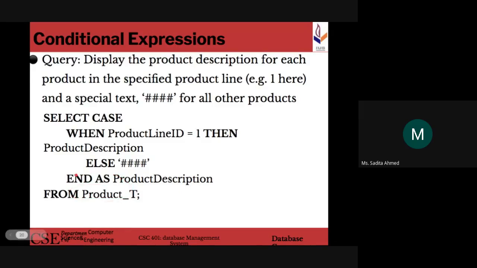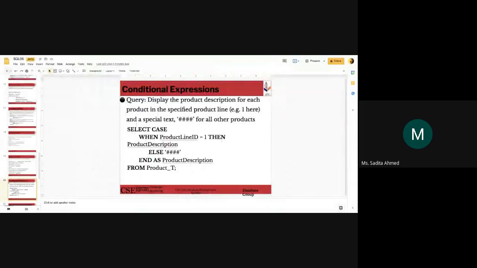So once again, by order of execution, first the DBMS will go to the product table because from is executed first. So from product table, and then it will go to the select clause. Select clause again there is a case. Case means that if else scenario থাকবে, ঠিক আছে? So based on whether this condition is satisfied, a certain value will be displayed, otherwise a different value will be displayed. And this will continue for all rows in the product table. And finally the result will be displayed as product description, something as simple as that. So execute করলে যেটা দেখতে পাই basically এই জিনিসটা আমরা একটু দেখে নিই।